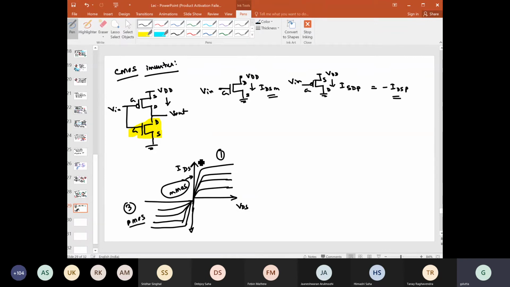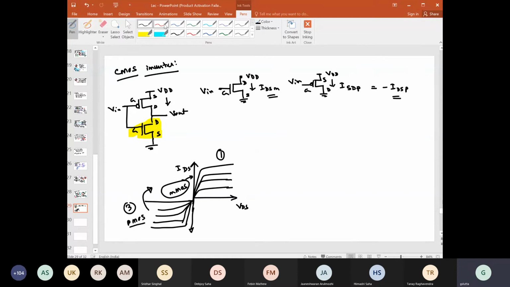Okay, now step by step, the first thing is that we are trying to superimpose this on top of this. We have seen that if we make this current negative, then we can also write I of DSP. So if we flip it, means if we make a mirror of this, then this current will become positive. I think you agree with me, right?